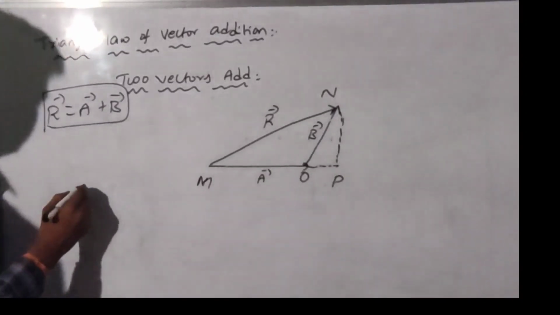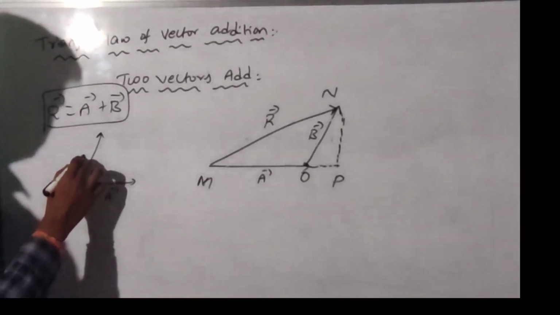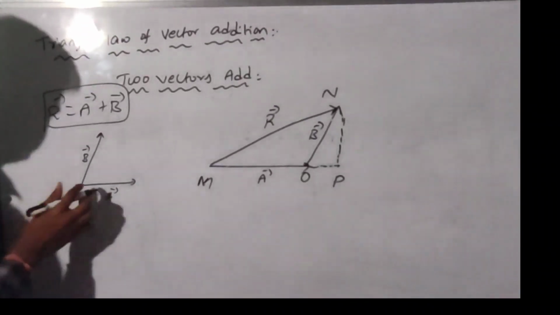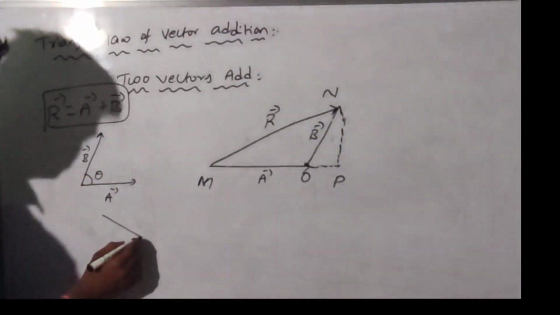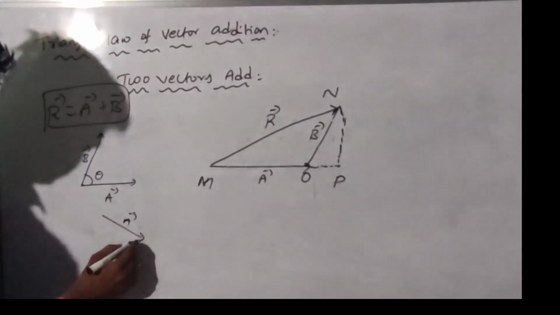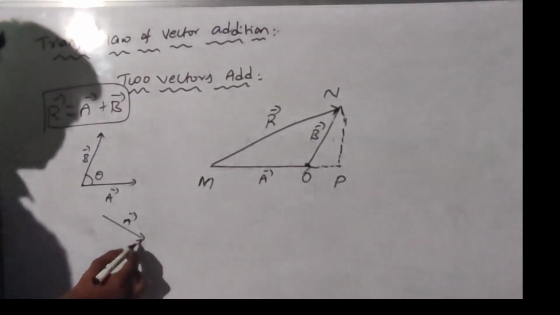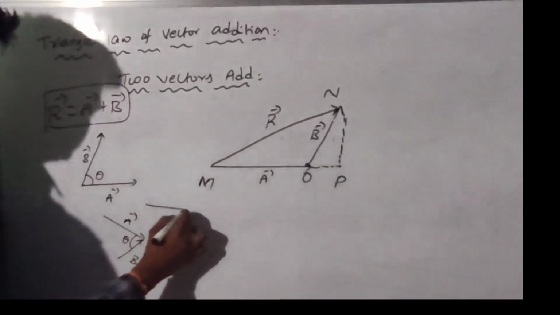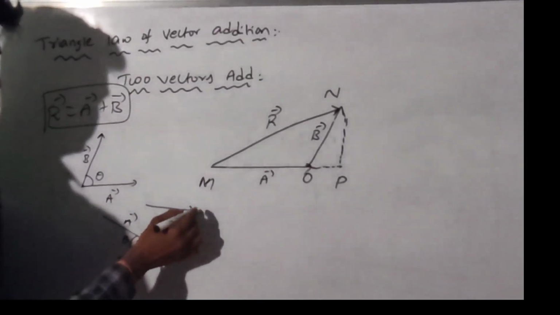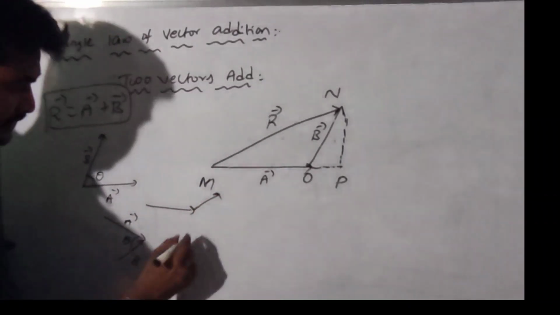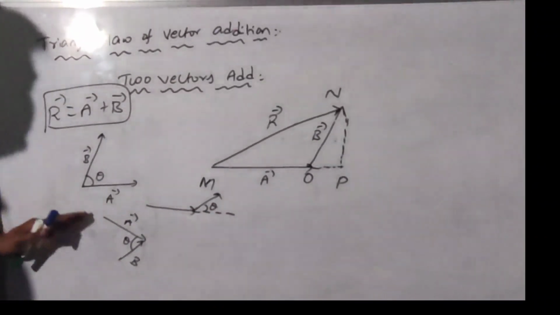Whenever the tail of one vector and the tail of another vector are joined, for suppose a bar is one vector and b bar another vector, with tails joined in one place, then the angle inside we should take. Whenever two vectors a bar and b bar are joined with respect to heads, then the angle inside we should take. Whenever the head of one vector and the tail of the other vector are joined, then the angle we should take outside, theta. Okay, this is very important to us.